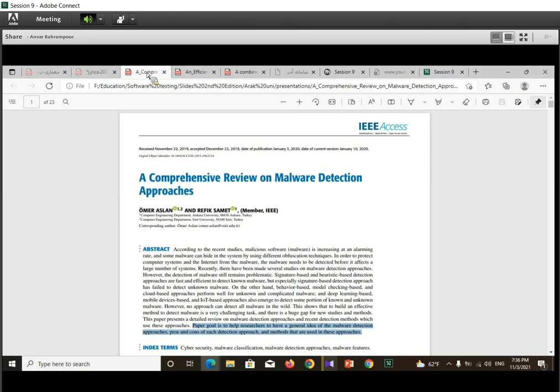This new type of papers, which contain review, systematic review, and survey terms in their titles, have a different structure. These papers usually review some research works on a specific problem, such as malware detection.